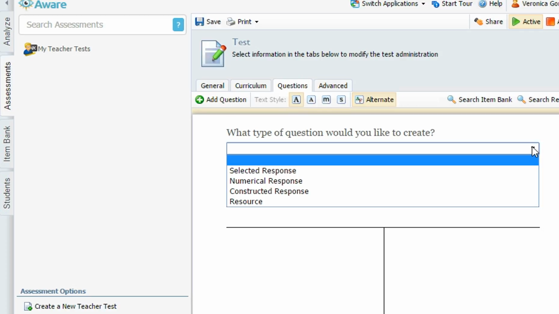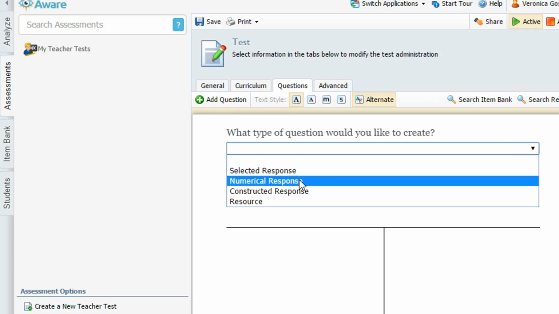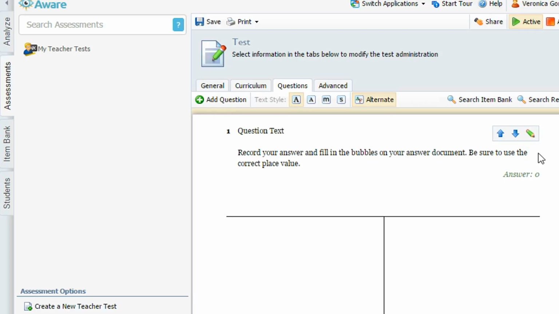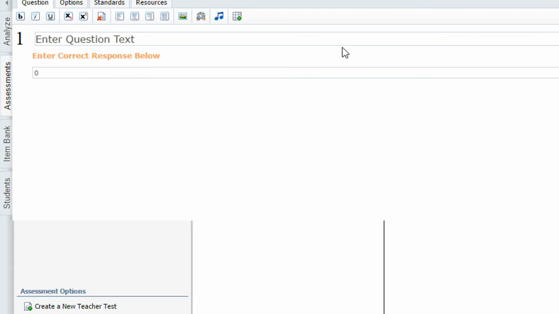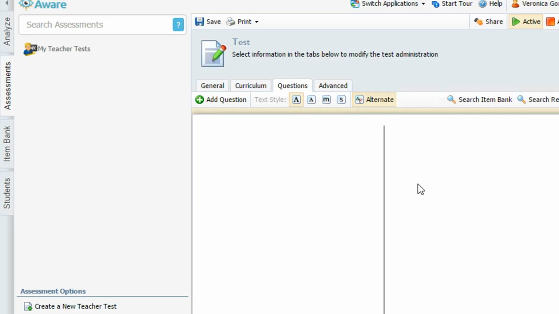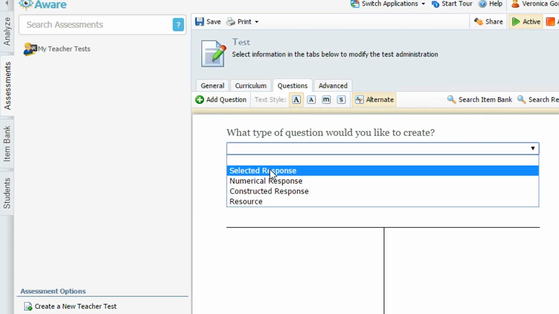And this gives you an option, your selected response. This is your multiple choice. Your numerical response, that's when you want them to bubble it in. So if that's not the option you want to go with, click down here, remove question on the lower left corner. We'll delete that. Most of your questions are probably multiple choice, so you just click on add question, click on